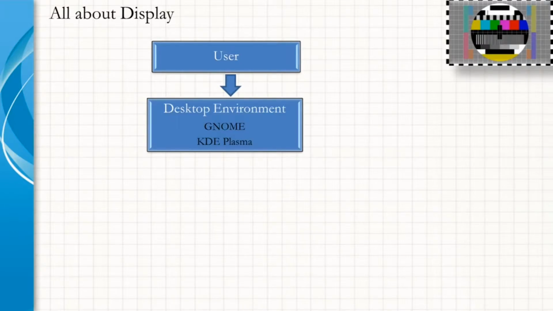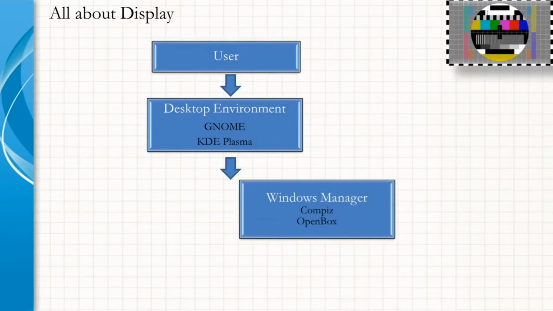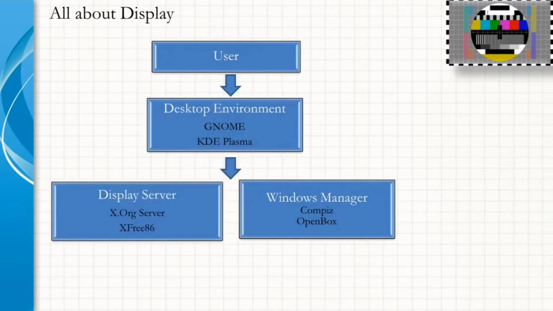The primary goal is the overall user experience. A desktop environment has a Window Manager such as Compiz, OpenBox, etc. A Window Manager is system software that controls the placement and appearance of windows within the windowing system in a graphical user interface. A Window Manager can be customized with themes, menus, etc. The Window Manager requires X Windows but does not require a desktop environment.